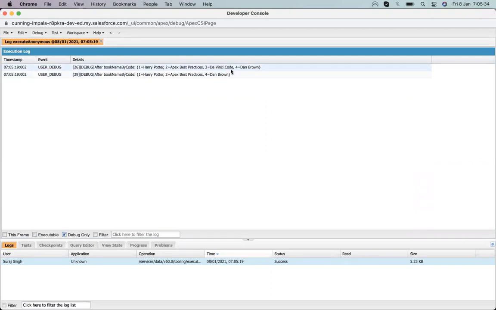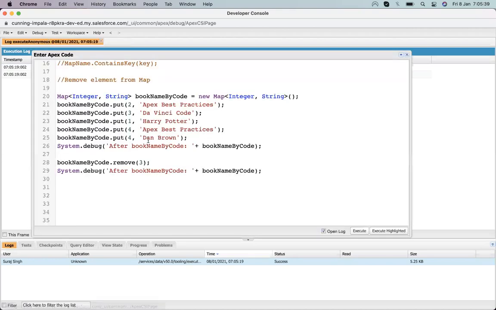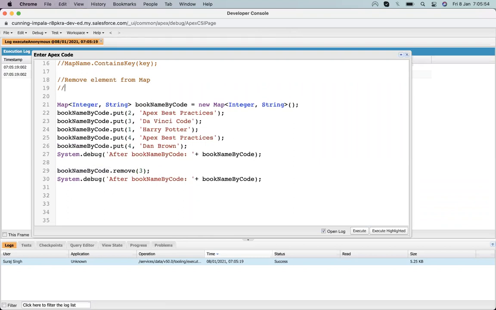So that's the thing. If we need to remove anything from a map, we use the remove keyword on the map name, and then use the key value. Whatever key value relates to the map, that entry will be removed.